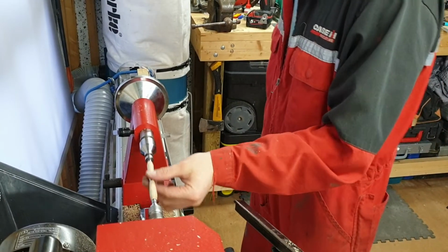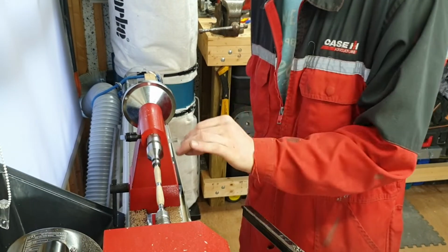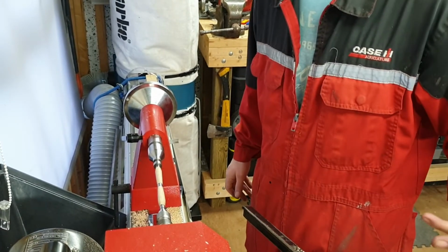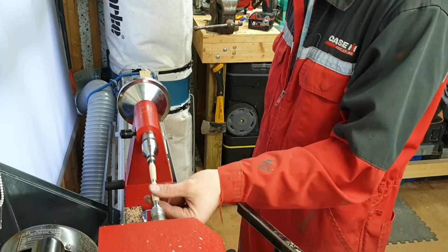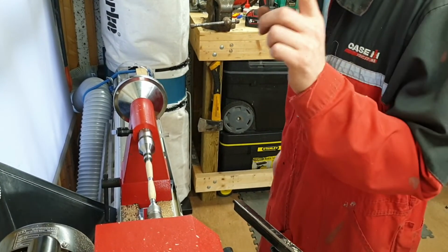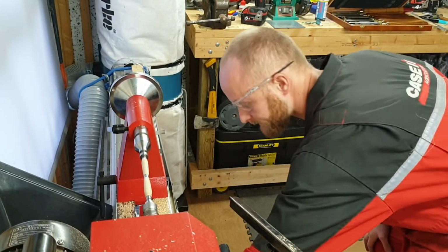Okay, back again. I did forget a step. As you can tell, this is only the 4th pen I've ever turned, so I'm no professional. I do keep forgetting steps, but there's loads of different steps to make this work. But now what I'm going to do, I'm going to put some sanding sealer on it. And it is